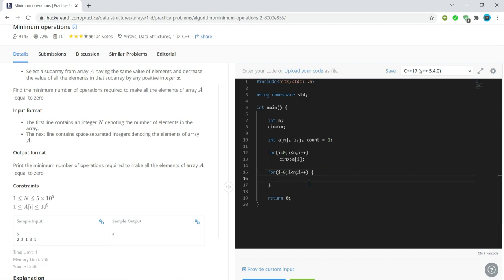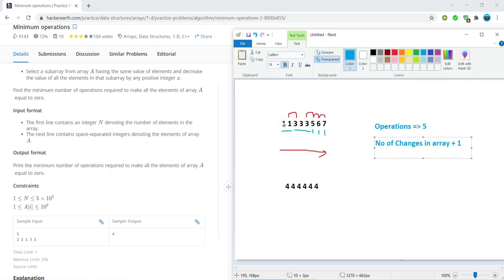Now we need to perform the logic that we built just now. Let's start traversing from left to right and check the previous values. Since we cannot compare the first value to any previous value, as there is no previous value to index 0, we will start checking from the first index.